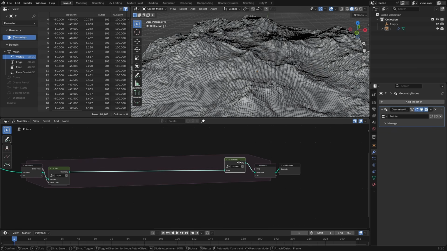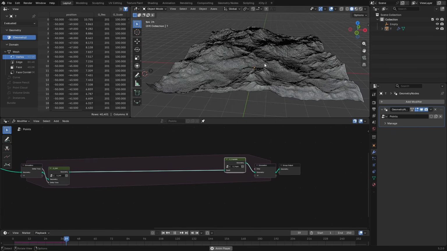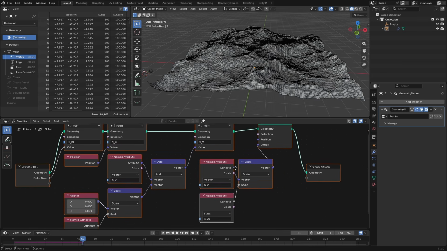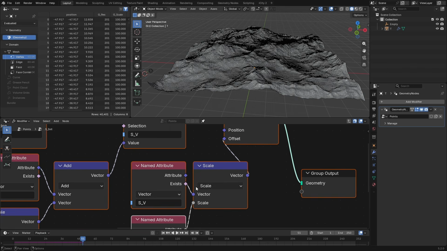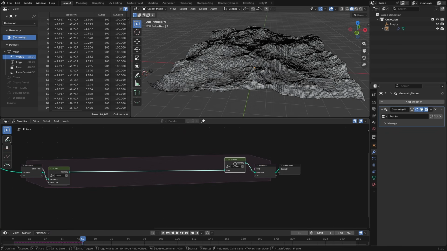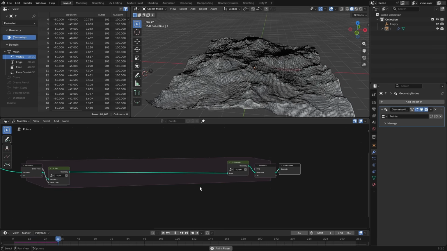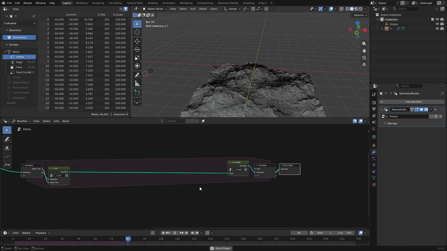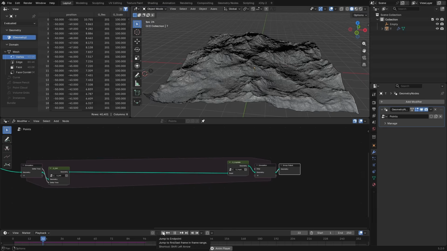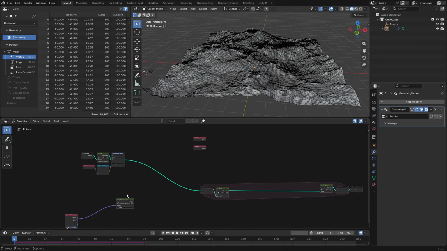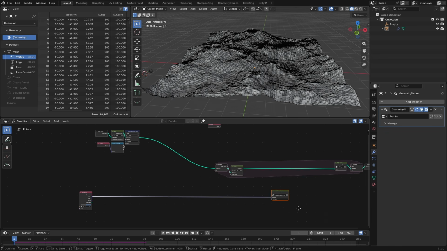And if we play this, what's happening? Okay, something is not correct. Okay, you see, this is the problem. Always connect your attributes, not the exist socket. That one was a quick one. So now it falls and accelerates, but it falls relatively. We'll need this node now